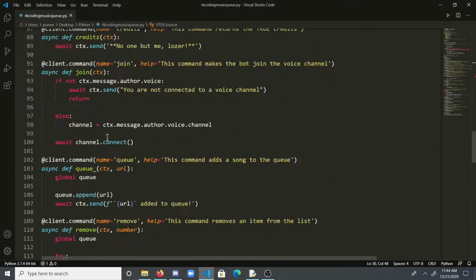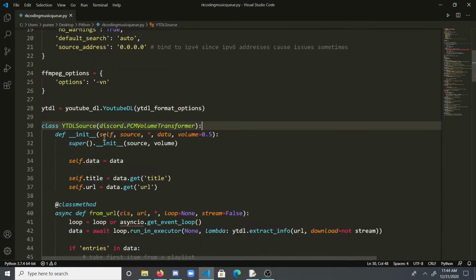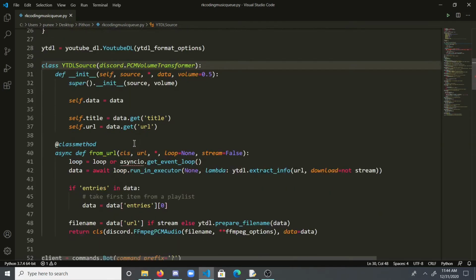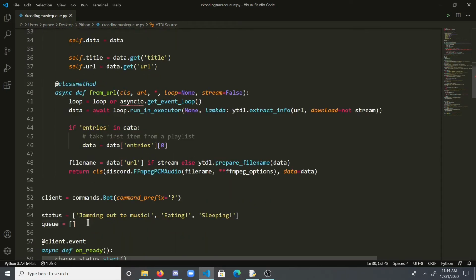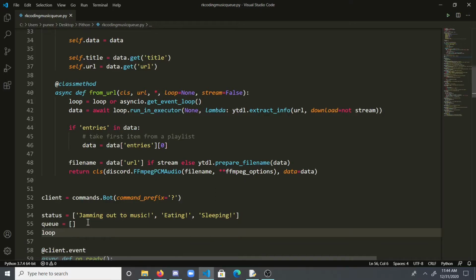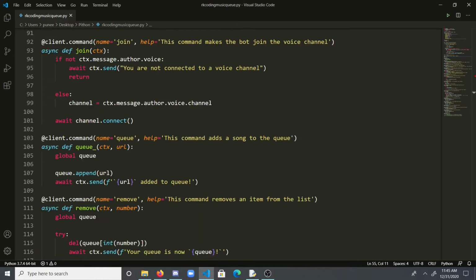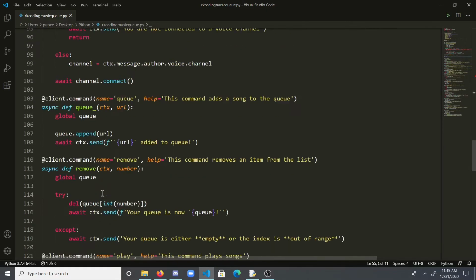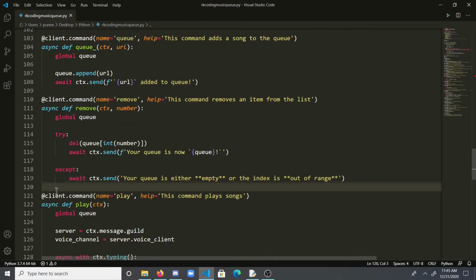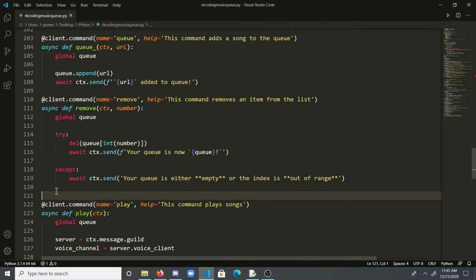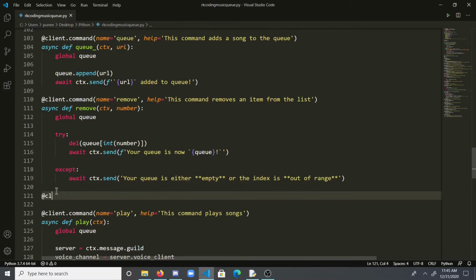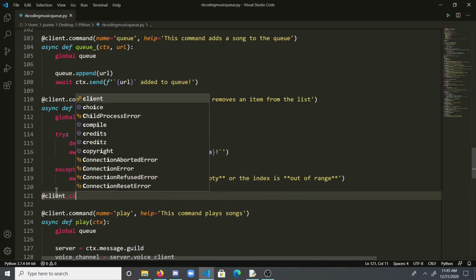First thing we're gonna do is, this is actually gonna be very simple. We need to go to where we have our queue, so status queue, and then we're gonna add a loop variable. This is basically our loop mode. Right now we'll set it to false at the beginning, just before the play command, essentially. So we'll do it just before the play command, and we'll do at client dot command